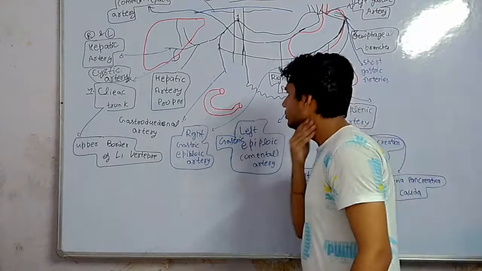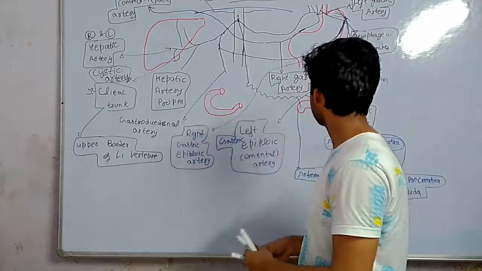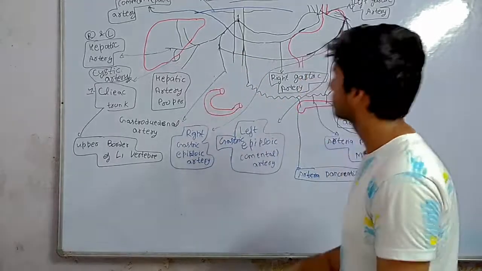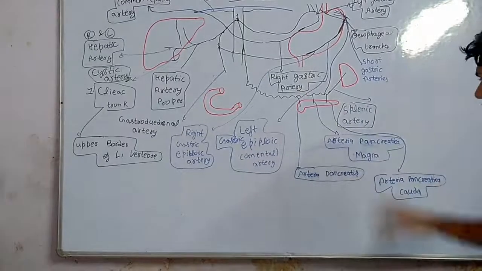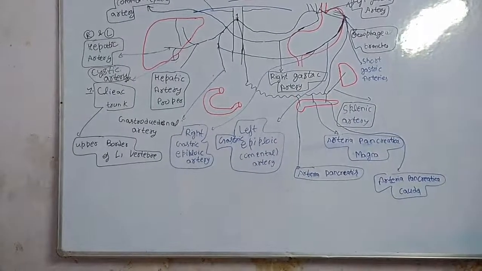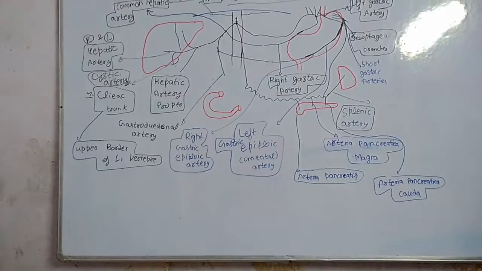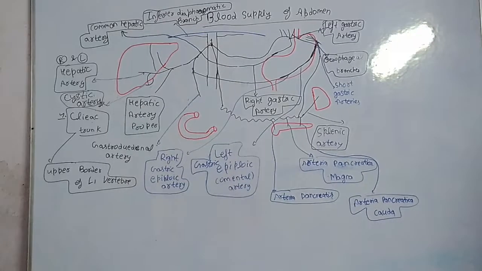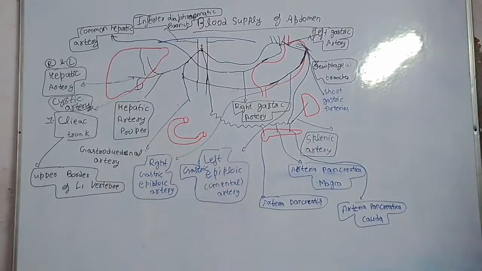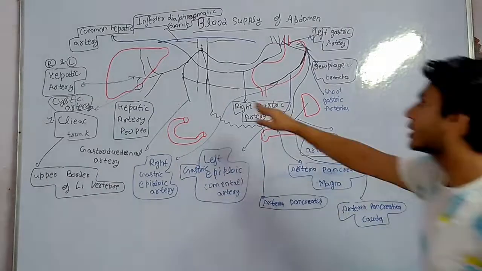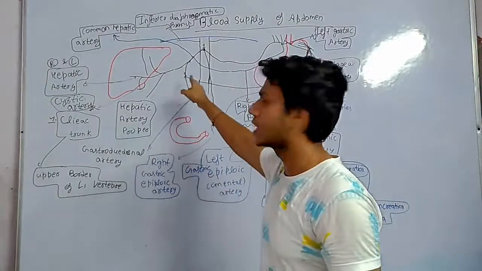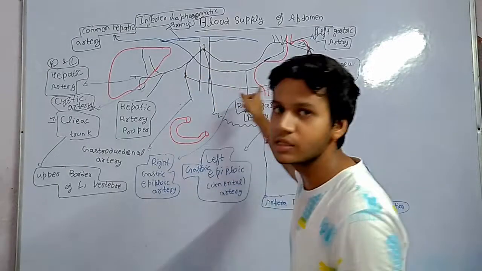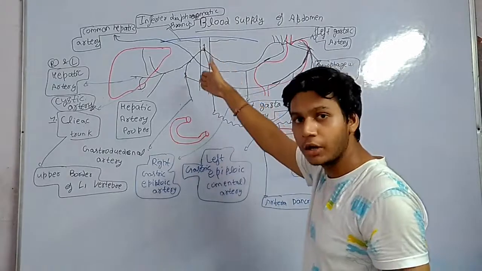And again, this is the gastroduodenal artery, and this goes inferiorly and anastomoses around the pancreas. So first note this. Now come to the course of the gastroduodenal artery. First, we know the gastroduodenal artery gives a branch to the greater curvature of the stomach as the right gastroepiploic artery.